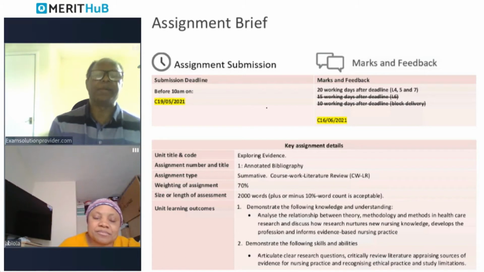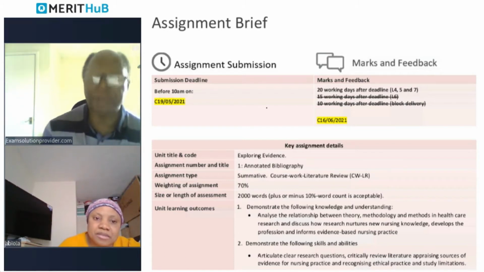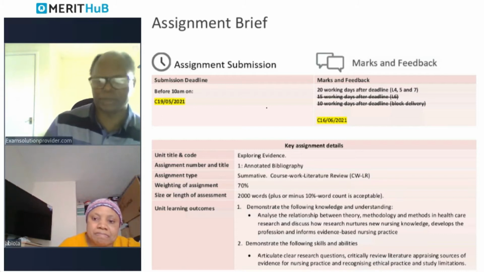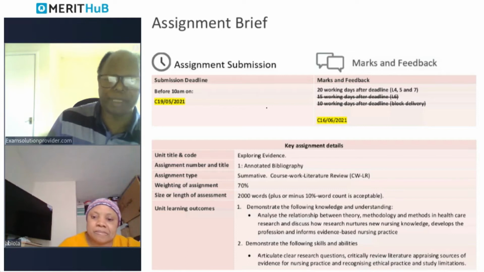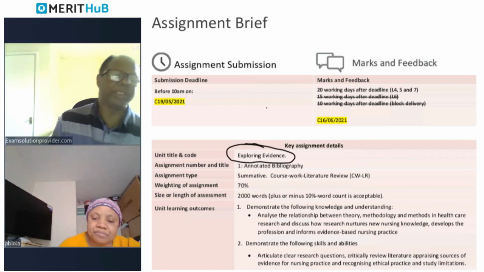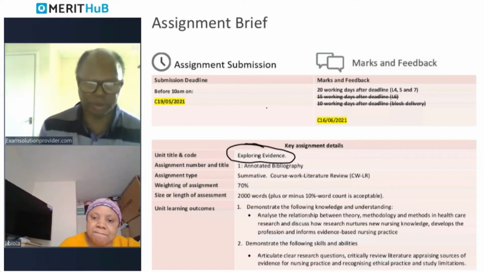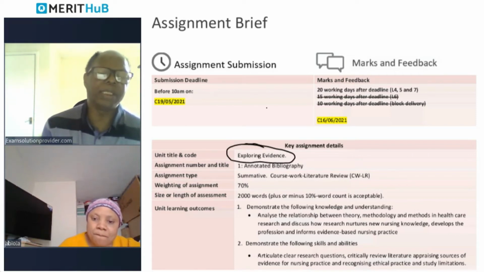So now this assignment, let's look at the brief itself. They have given you assignment details. The first is exploring evidence. That's what you're expected to do in this particular module. Now, these evidence,